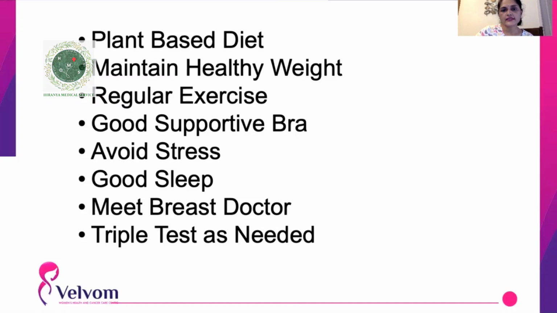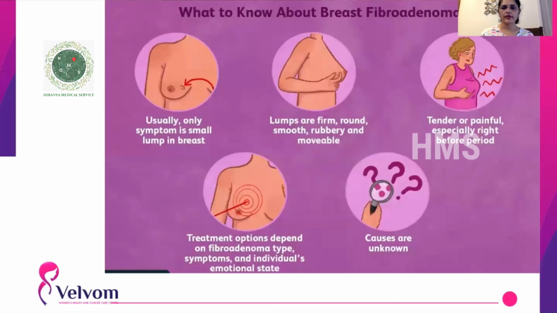Now, of these things, the two things women commonly present with, one in the reproductive age group, the early part from puberty to 25, 30, 35 years of age, is the fibroadenoma, which is relatively normal. And there is one school of thought that if every woman was scanned in depth, in detail, there will be some focus of fibroadenoma in every breast. So fibroadenoma is just a swelling of all the components put together in a breast, and rarely do they exceed 3 centimeters. Very rarely do they reach 5 centimeters.